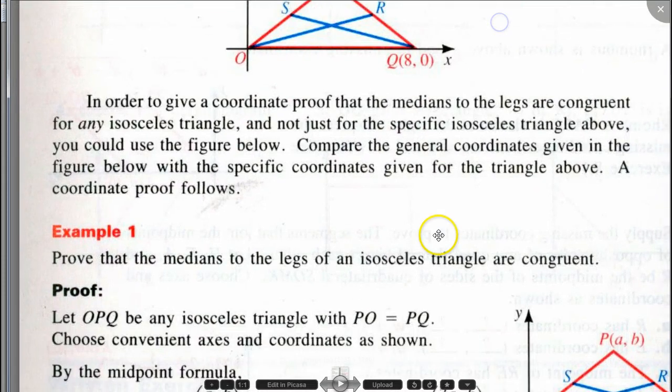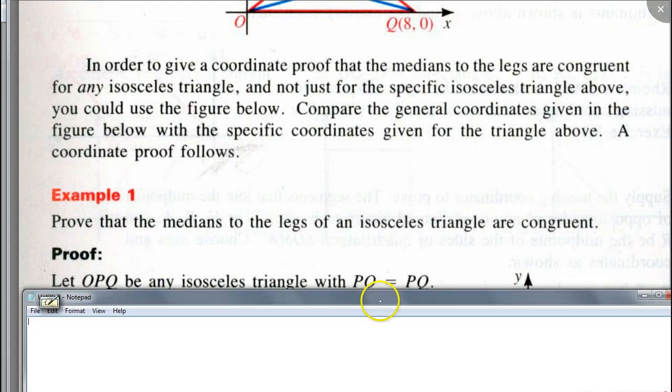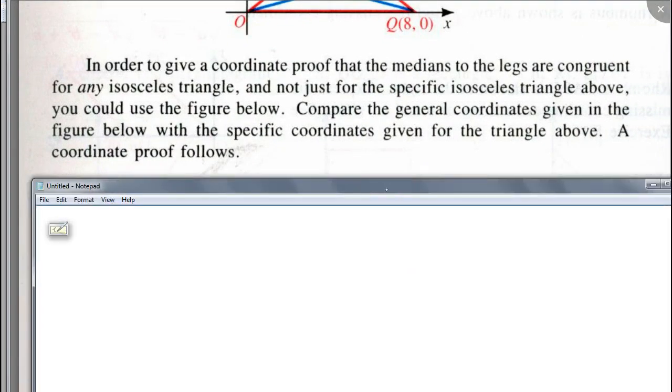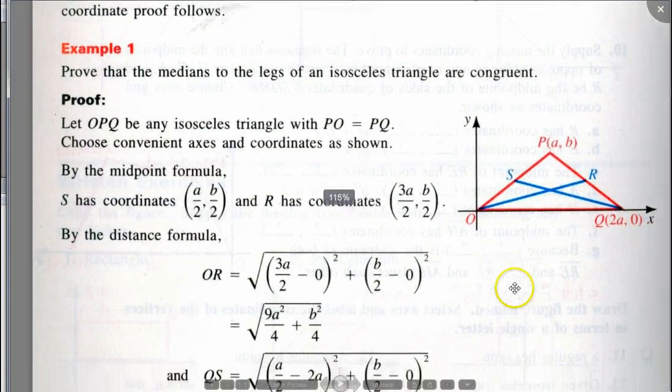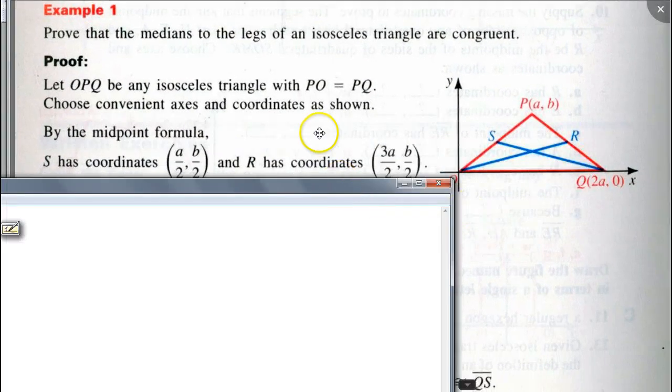How about David? Can you read this? In order to give a coordinate proof that the medians to the legs are congruent for any isosceles triangle, and not just for the specific isosceles triangle above, you could use the figure below. Compare the general coordinates given in the figure below with the specific coordinates given for the triangle above. A coordinate proof follows. And then we'll show you how to do that in coordinate proof. And of course, we're going to use something like this. Okay. So notice now this represents every